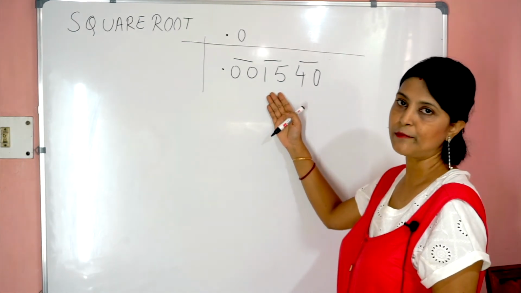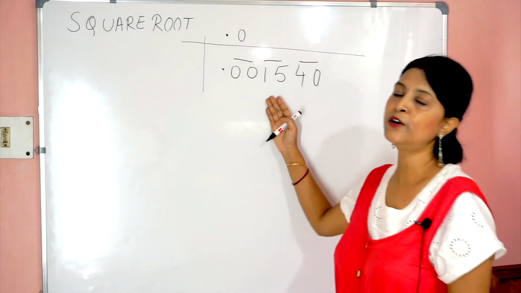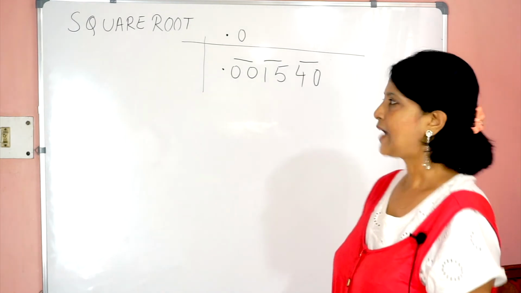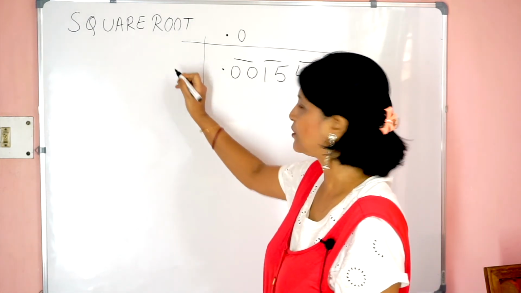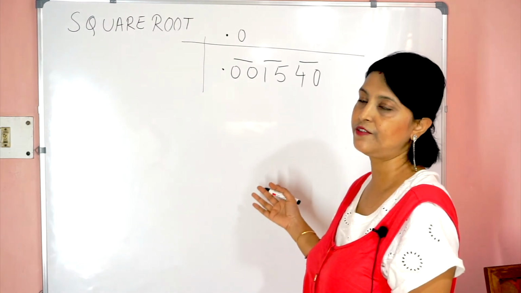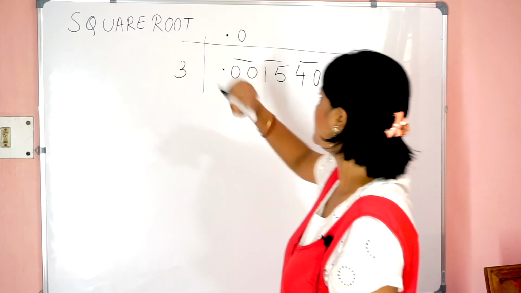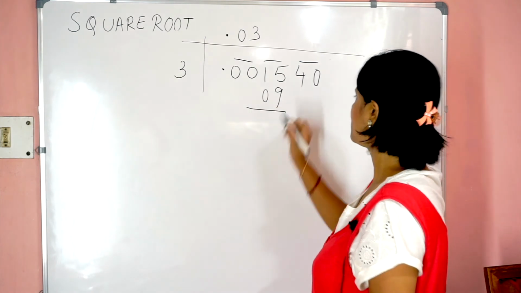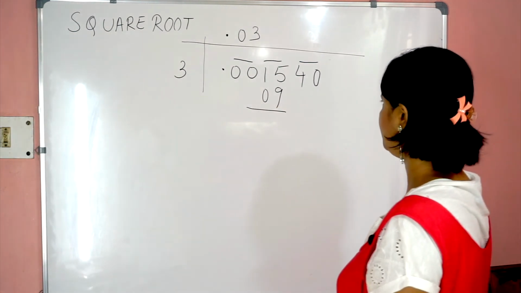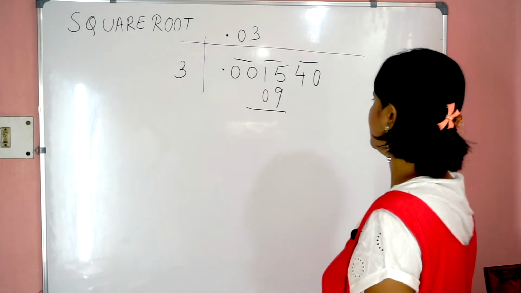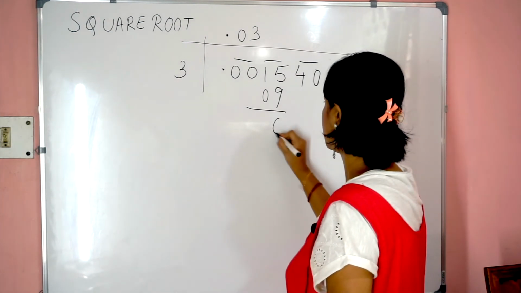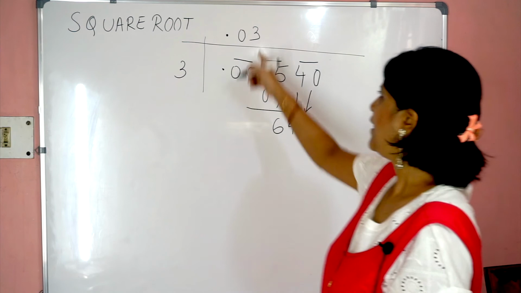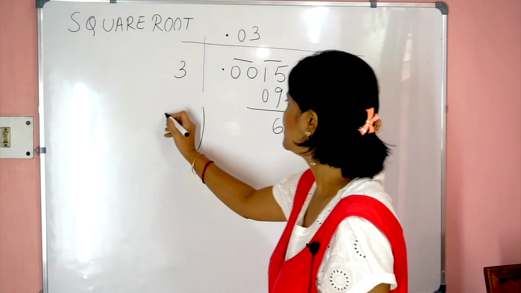So think of a number whose square is exactly equal to 15 or a value less than 15. So square of 3 can give me 9, which is close to 15, because square of 4 is 16, it will be greater than 15, that cannot be taken. So we will take 3 as the divisor and the quotient, that gives me 9. When I subtract, what do I get? I get 6. Next pair of digits will come down, that is 40, and double of 9 becomes the new divisor 6